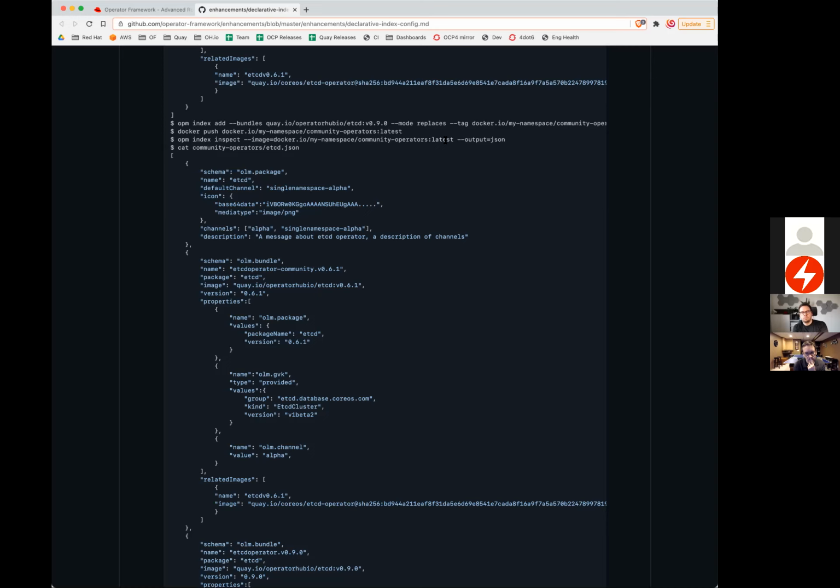Right. Do we see value at all in having some basic interrogation functionality in OPM, to the extent that you can ask it, for instance, things like, give me all the bundles that replace version 27, right?